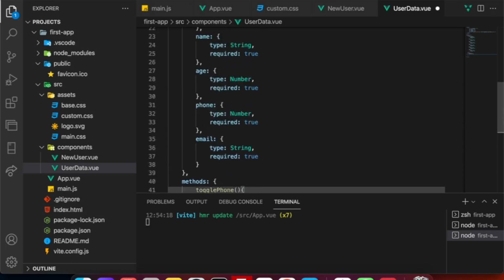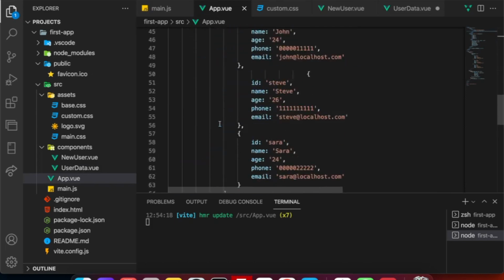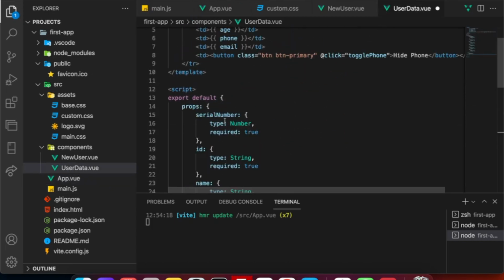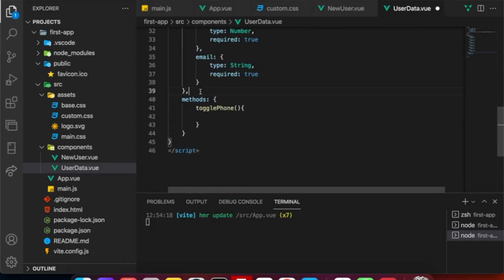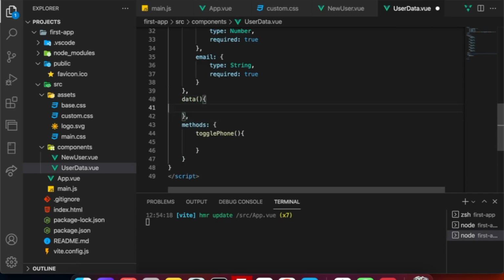Now what I have to do is the same way as we did in app.vue. Here, if you remember, we added this show all users. Likewise, we will add a data property, and then return. Now what we can do is